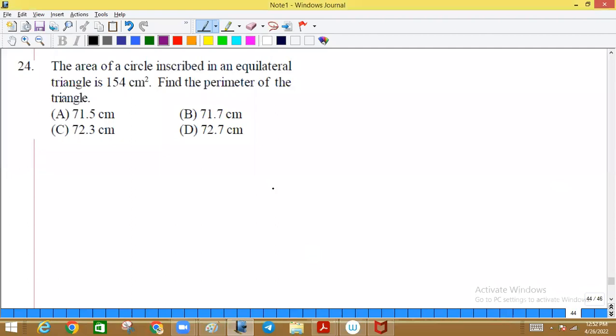The area of a circle inscribed in an equilateral triangle is 154. Inradius is how much? 7. Because the moment you see 154, we know that the radius is 7. Find the perimeter of the triangle. We know side of a triangle is 2 root 3 r. Perimeter is